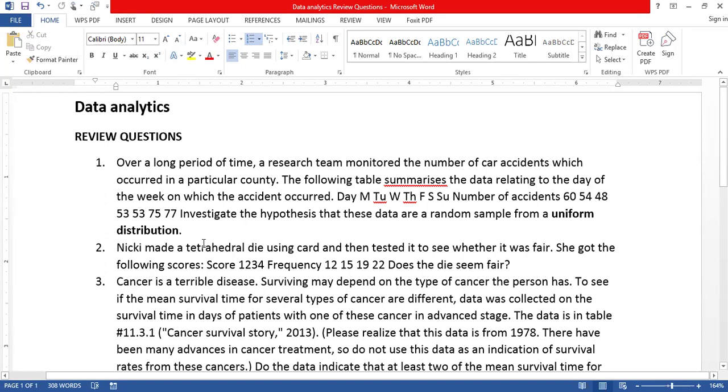So the first one says, over a long period of time, a research team monitored the number of car accidents which occur in a particular country. The following table summarizes the data related to the day of the week on which the accidents occurred. Although this does not appear as a typical table,